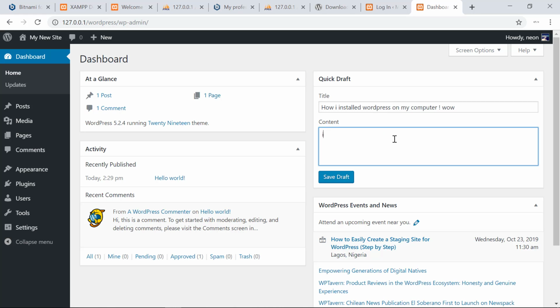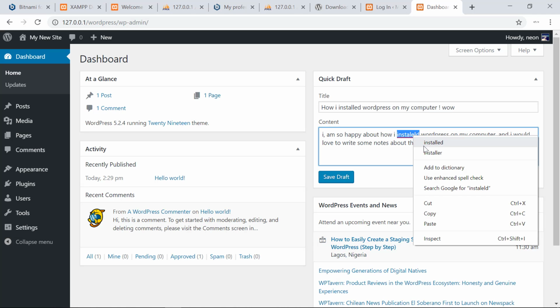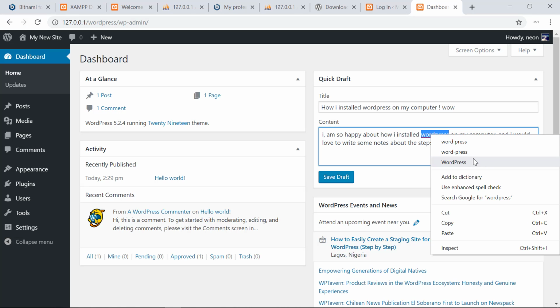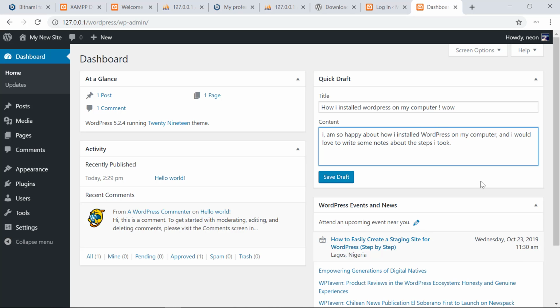As I say, I am so happy about how I installed WordPress on my computer, and I would love to write some notes about the steps I took. Okay, now that leads us to this, guys. So I'm expecting that you're actually putting out these steps in writing. Okay, it's good you write them